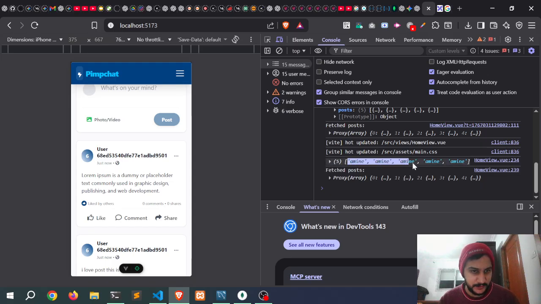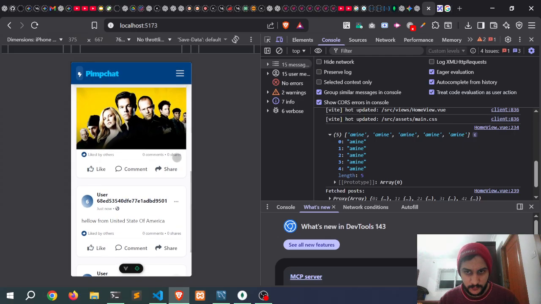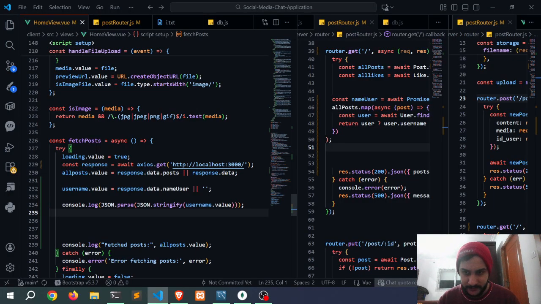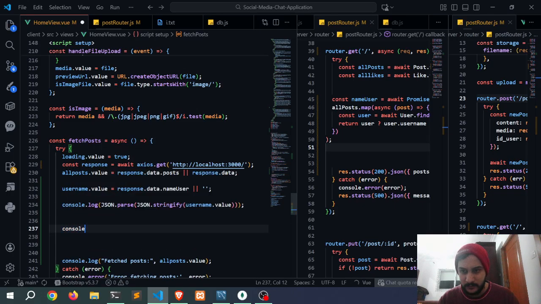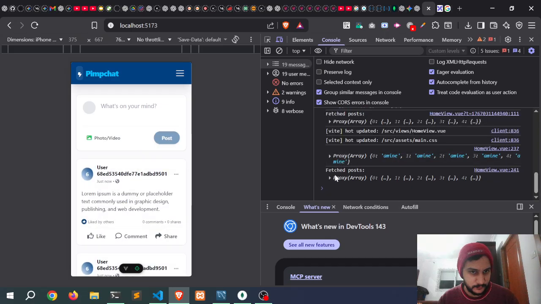Now as you can see here the data, we have 5 of the post of the same name because I just opened count that post is 1, and so this is the type of reason. So let's console what username without stringify and let's see what is the